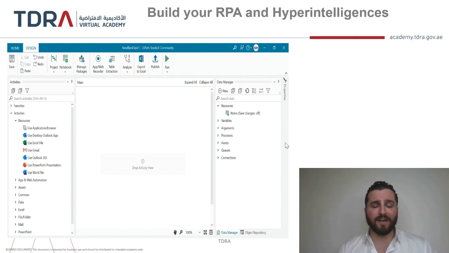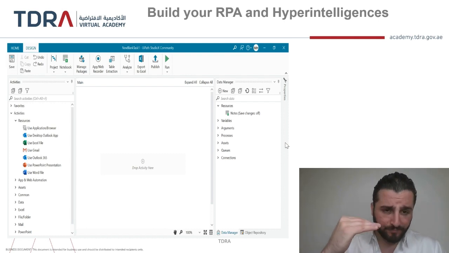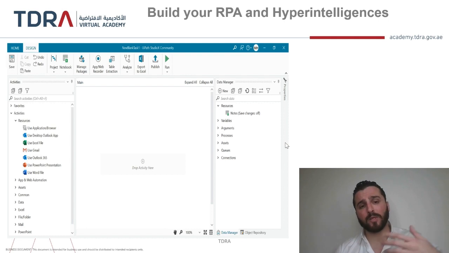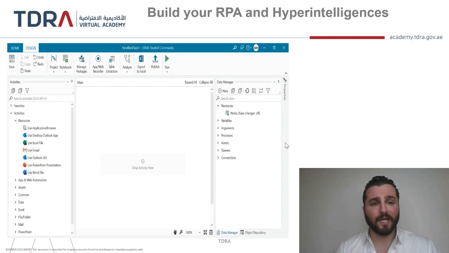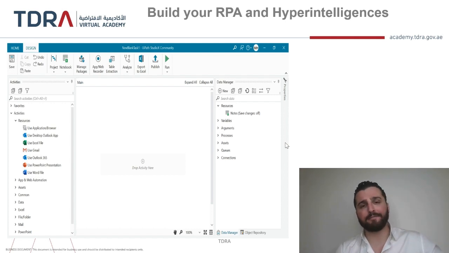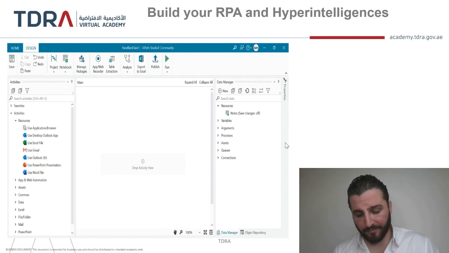As I said, this is a very easy process. All you need to do is to download UiPath, for example, press the record button and start doing the action, and then press stop. It will record all the actions in the main body in the middle. UiPath is one of the effective tools that can be utilized. We have some other tools, for example, Kofax, Blue Prism, Automation Anywhere, and some other famous tools.